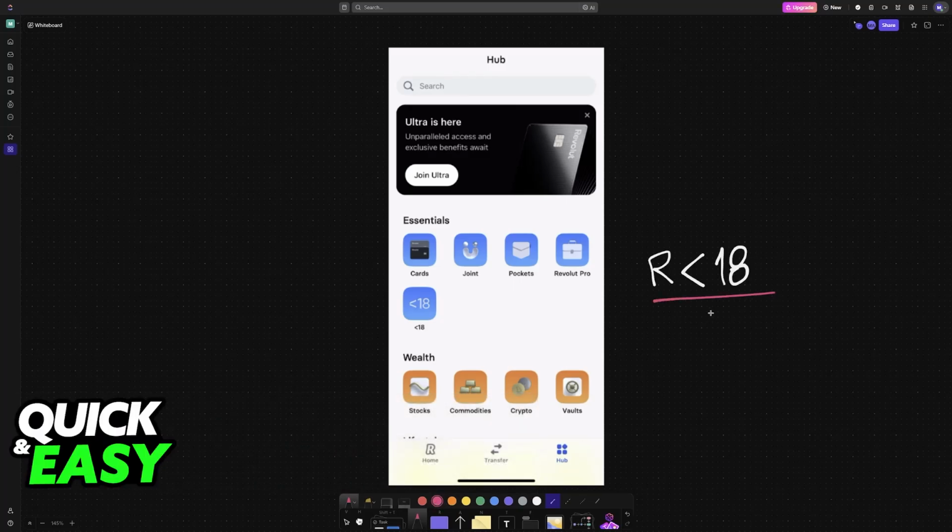Revolut under 18, as the name suggests, is a new app by Revolut that allows children and teens under 18 years of old to use the services of Revolut. They will have some restrictions and limitations. However, overall, it is a nice way to make your children learn about credit and debit cards and how to